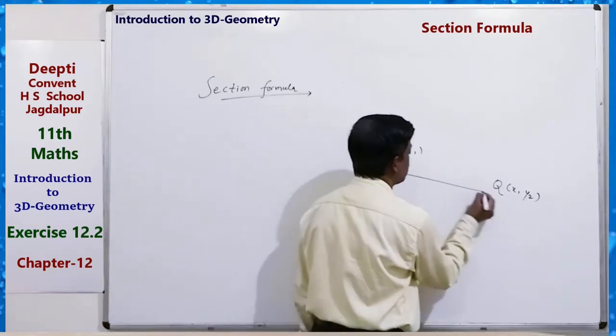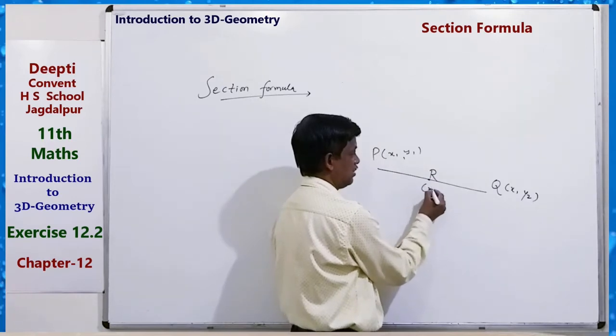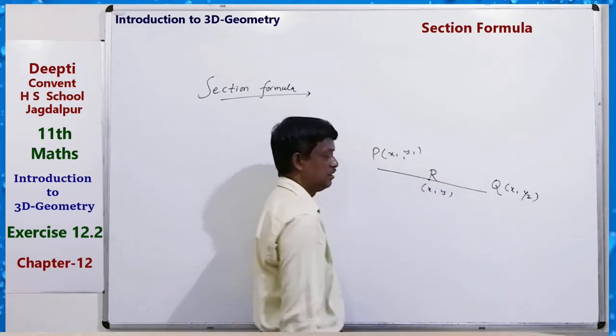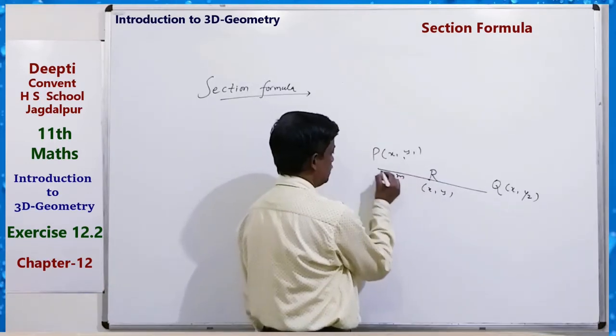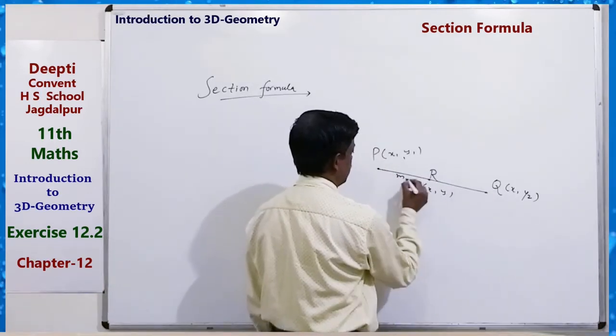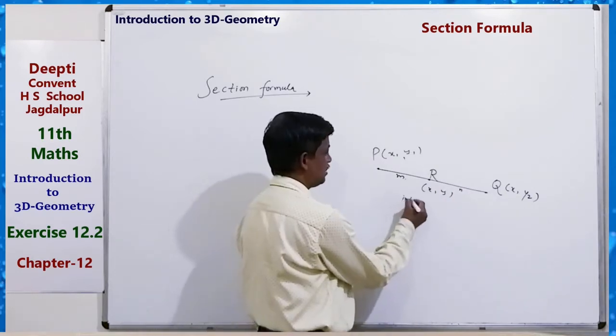Section formula means, if R is a point with coordinates x and y in between that divides the distance from P to Q in ratio m:n internally,